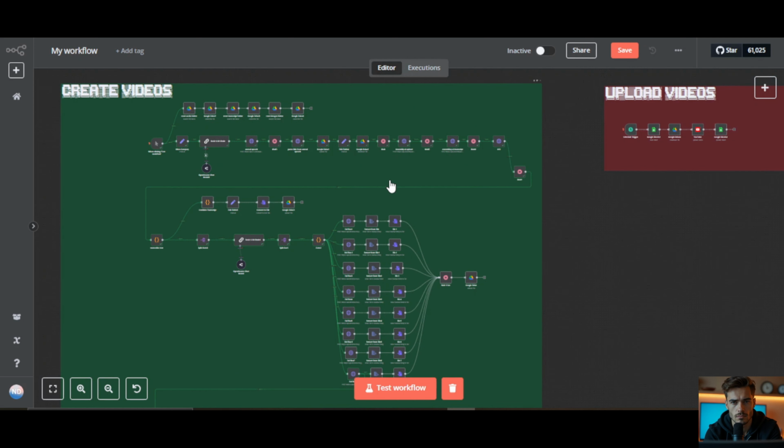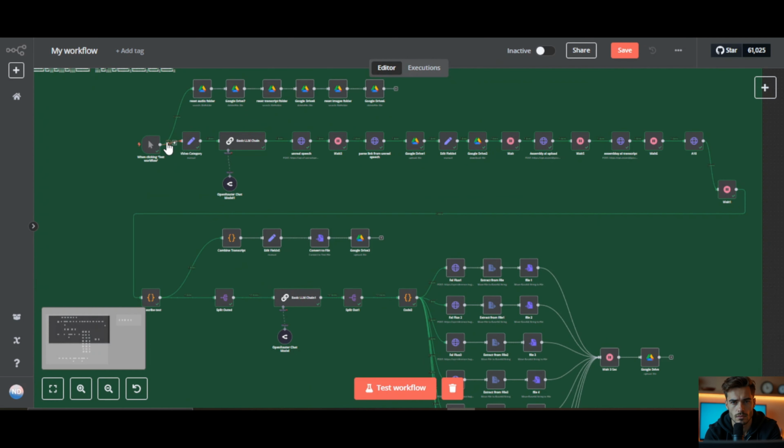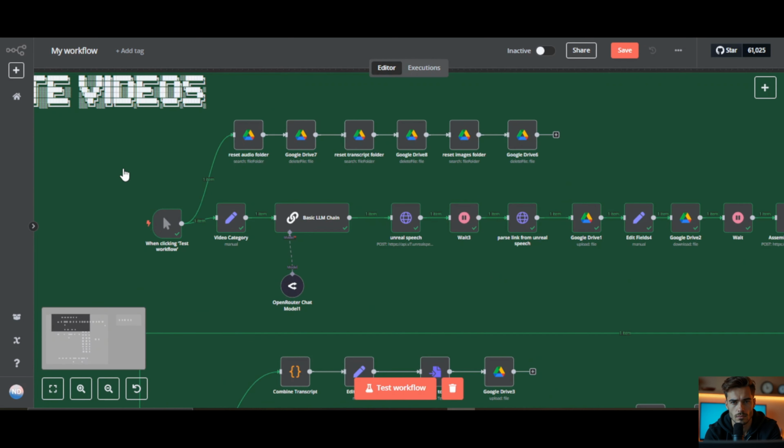So I will explain the workflow for you. In the create video section, the workflow starts by this trigger event. So this is a trigger node,